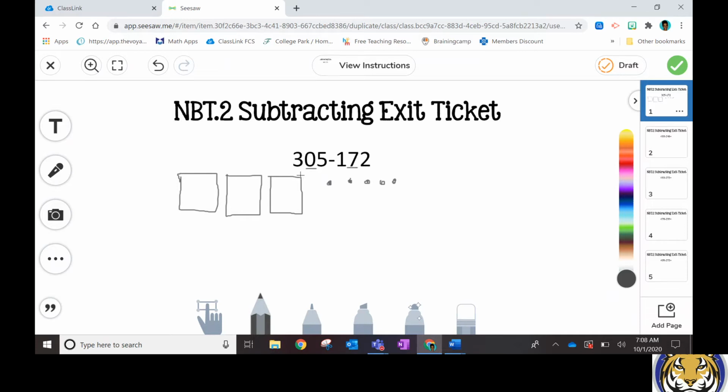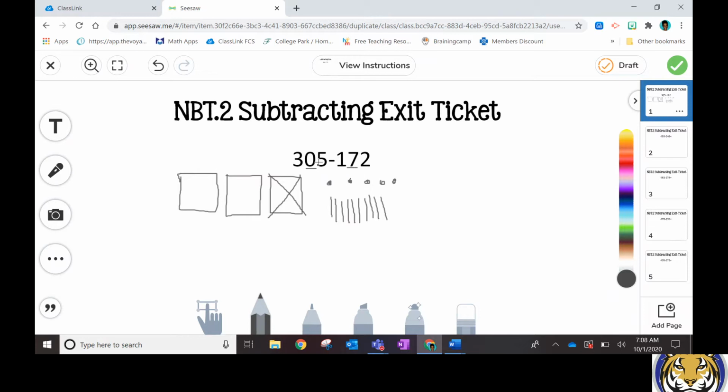So that means I am going to have to regroup one of these hundreds. So I'm going to cross it out and add 10 sticks because 10 tens equal 100. 1, 2, 3, 4, 5, 6, 7, 8, 9, 10. Now I can subtract